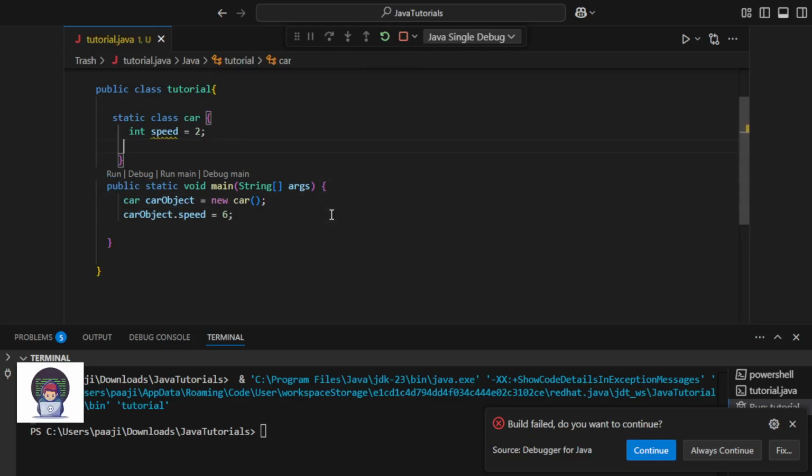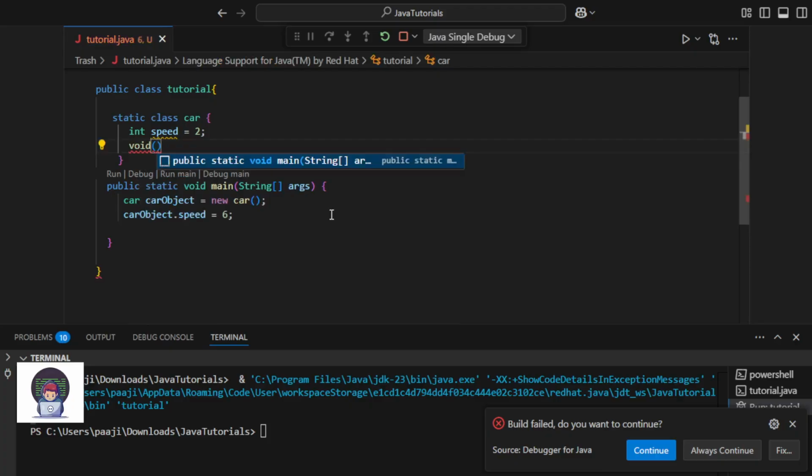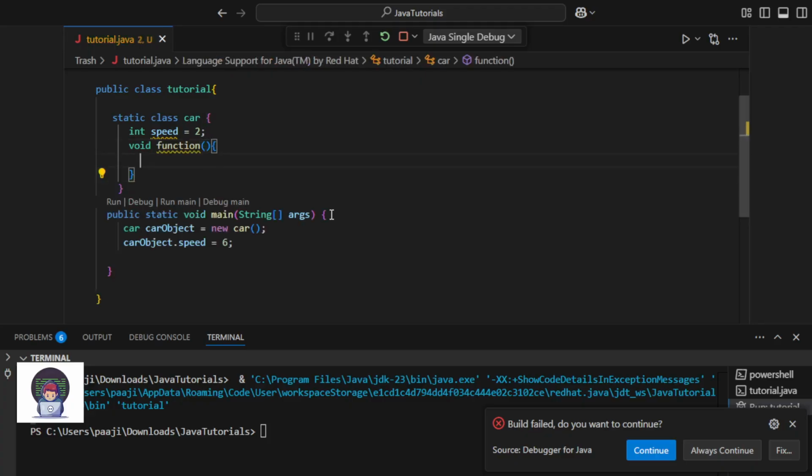Now let's create a function inside it, void. Let's set a name to the function, void function, like this. And this won't be public static or private static.